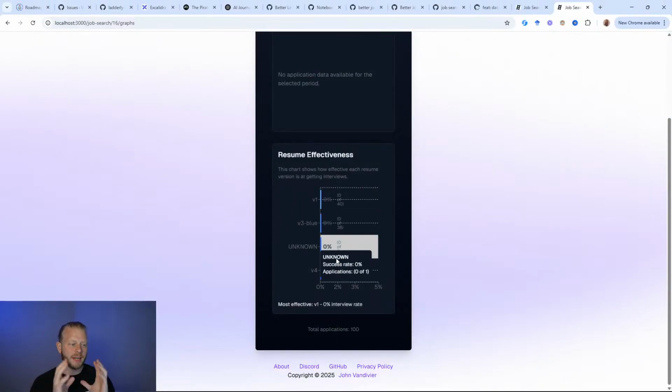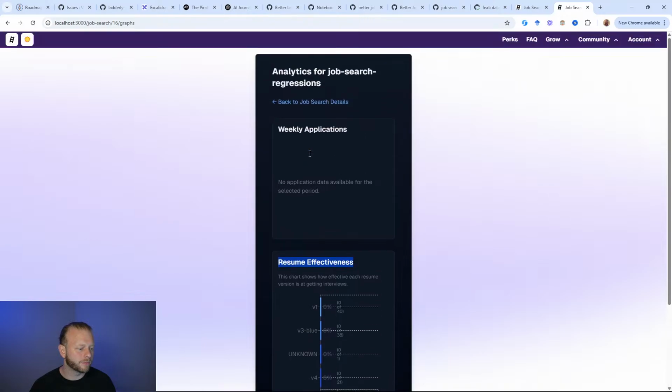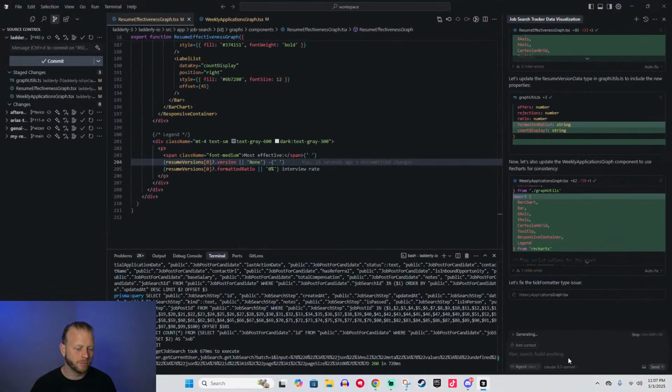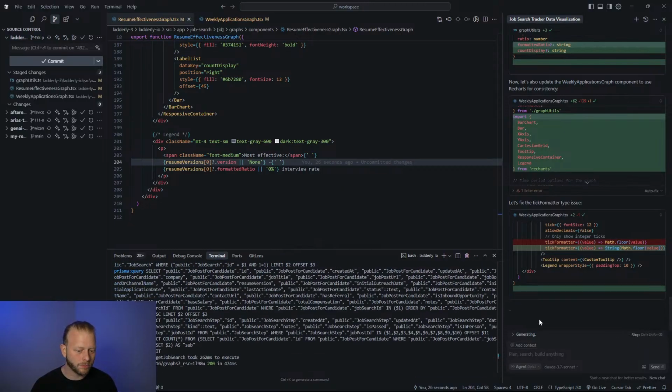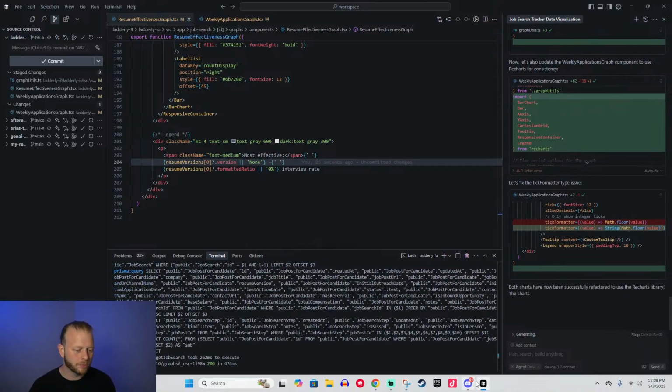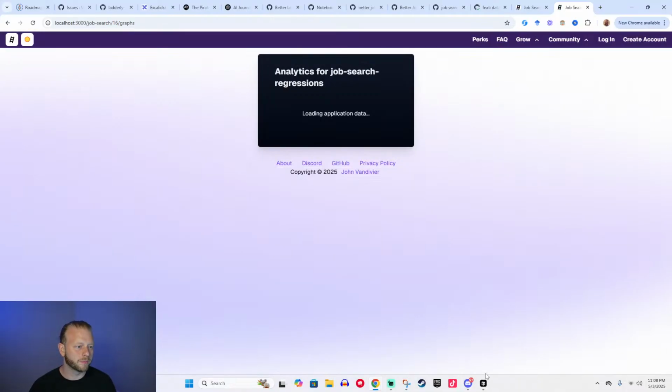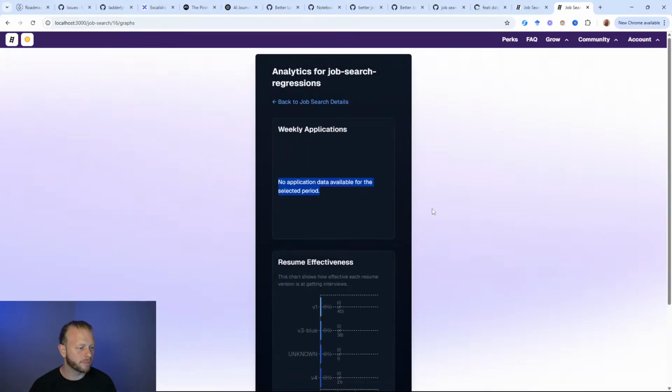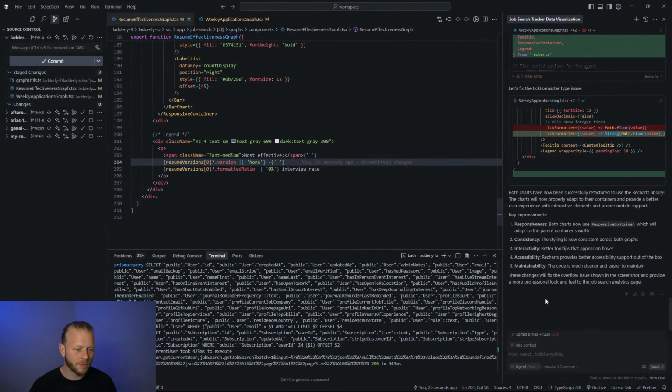So yeah, now it's contained in the container, right? And I get this hover effect, that's great. I want this text to be white. Now I'll say weekly application chart has a data regression. Now saying